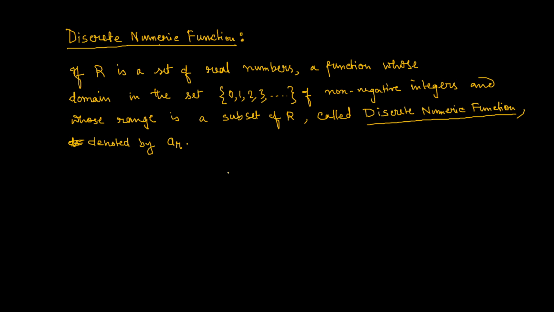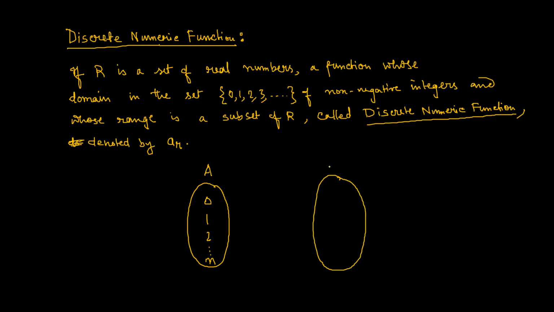If we have a domain or set A on this side, as we have 0, 1, 2, till n, and on the other side there is a set of real numbers, set R,